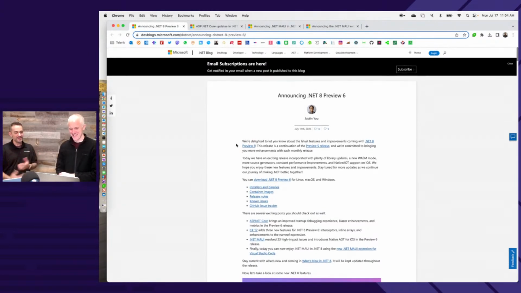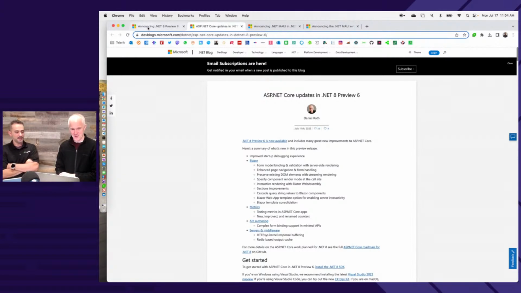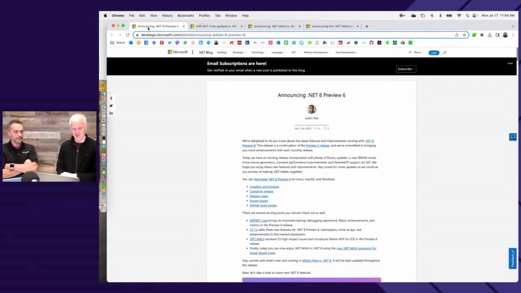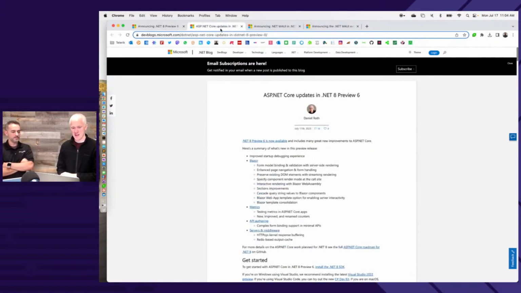So what's going on in this release? We've got a lot to be excited about. That was the .NET 8 top level blog post. But for ASP.NET Core and Blazor, there's quite a big list of stuff that we're shipping. And obviously, this is just the delta from this preview release. All these items are part of a larger theme in .NET 8, which is enabling you to basically use Blazor for all of your web UI needs.